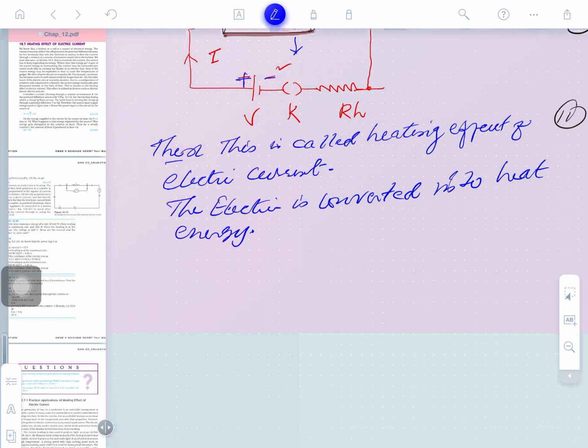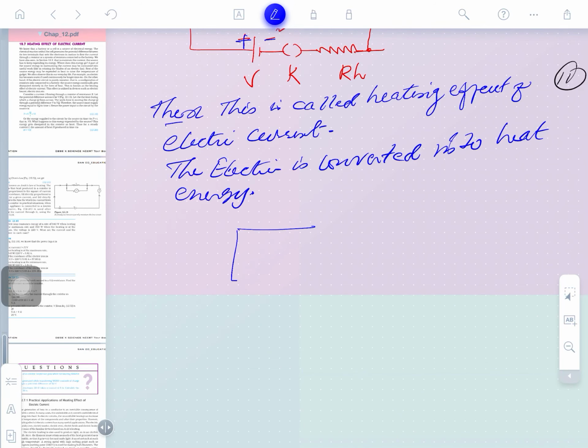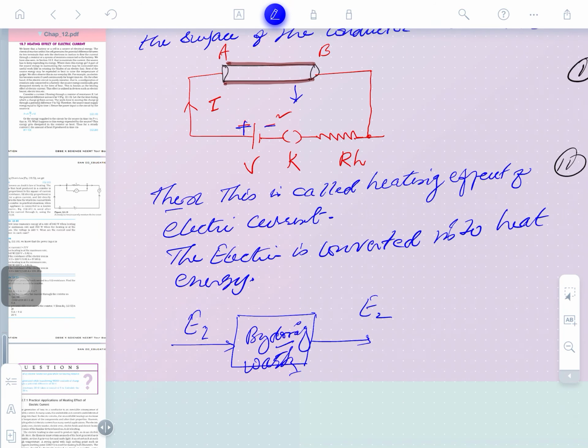And you have also studied the basic principle in the 9th class. I told you there is a machinery, and one form of energy is converted into another form of energy. So, how is one form of energy converted into another? This is by doing work. So, what is doing work here in the conversion of electric energy to heat? We can say here, the conductor.